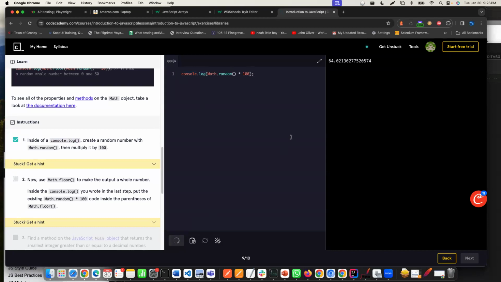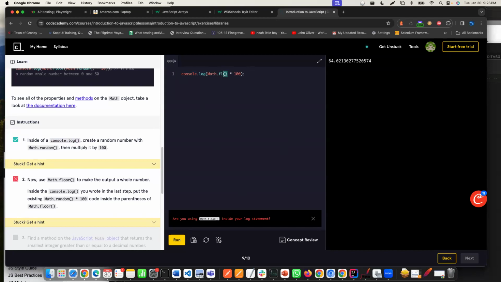Okay, so if I run it, as you can see, it created a random number. So you can see math.floor. It says use math.floor, not the random. My icon gets used by a lot of people, so I don't know who reset this, but if I do math.floor, I can remove this. That's the first option, as you can see. Click on run, NaN. As you can see, it didn't work. The first one worked, random and multiply by this one worked, and now you use math.floor to make the output a whole number. Okay, so let's see, 100 again,